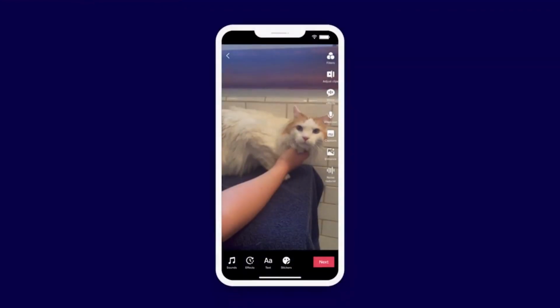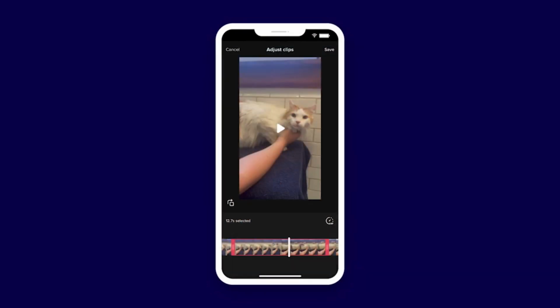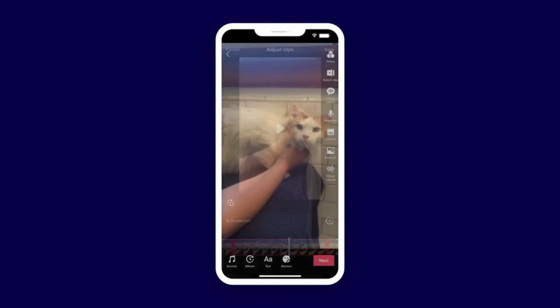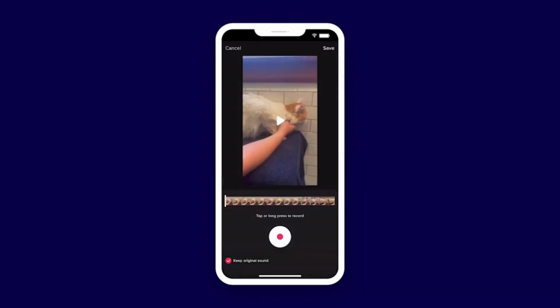Carlos decides that since Ajax the Great has such a personality, he's going to do a voiceover from Ajax's point of view. First, Carlos makes sure that his video clips are edited to the right length, which he does by tapping the Adjust Clips button. Then he records the voiceover by tapping on the voiceover button. This brings him to a screen that allows him to stop and start the voiceover and record over the segments